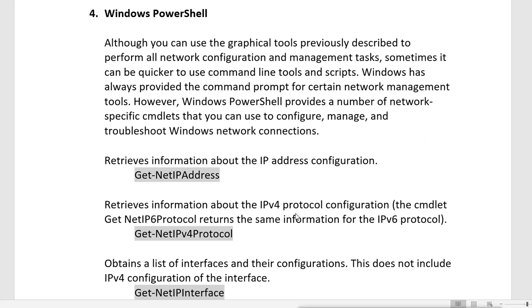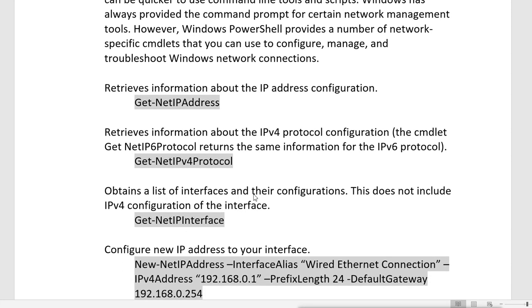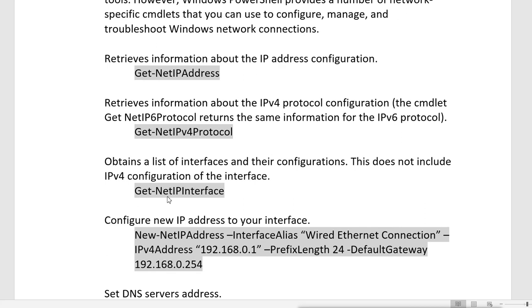The cmdlet Get-NetIPv6Protocol returns the same information for the IPv6 protocol. So if you have configured IPv6, then you can get it by using the Get-NetIPv6 command, and IPv4 will give you the information about IPv4. Then you can obtain a list of interfaces and their configuration. This does not include IPv4 configuration of the interface. You can use the command Get-NetIPInterface. It will show you the interface information.